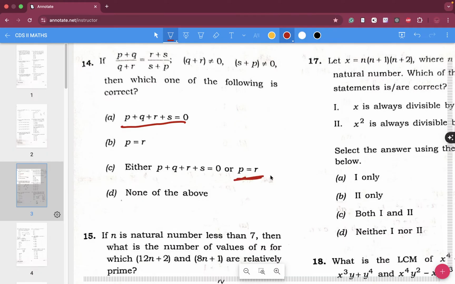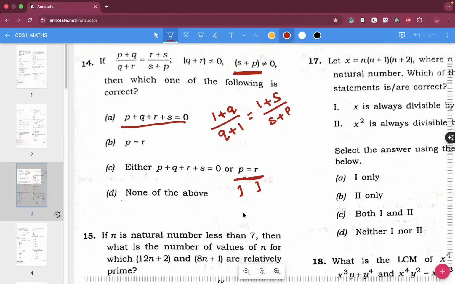Now let's just check for P plus R. If P and R are equal, say P is equal to 1 and R is also equal to 1, in that case we have 1 plus Q divided by Q plus 1, and then 1 plus S divided by S plus P. Now we have to be careful that the value of S we cannot take minus 2. Can we take any other value in that case? Because P plus S should not be equal to 0, so S should not be equal to